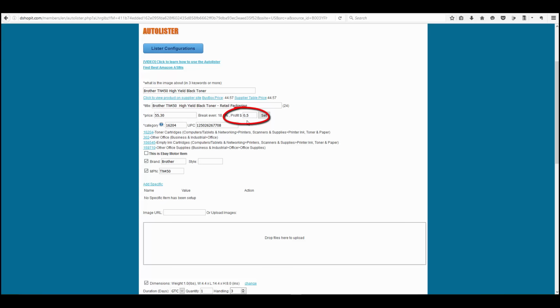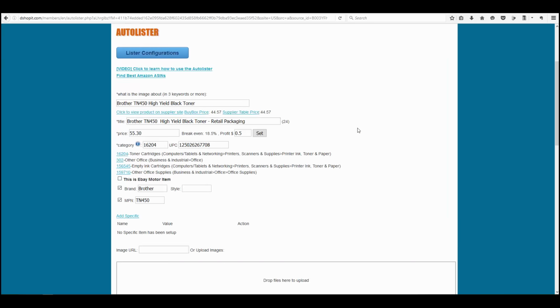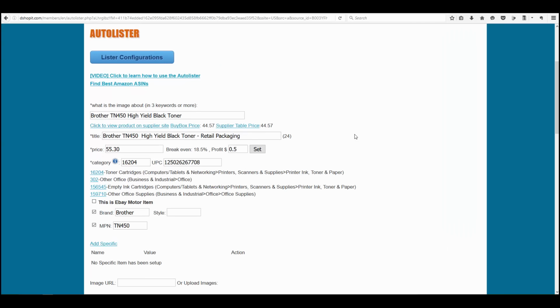And then you can raise it to $1, $1.50, or $2, or $2.50, and so on, depending on the price of the product that you're selling, depending on how many times you sell it, and depending upon how active your account is. So it's 18.5% break even, and then at a beginning price, you start off at $0.50, and you go up until you reach some sort of level, whether it's $2.50 or $3 per item, which will be your final profit. That's it for calculating